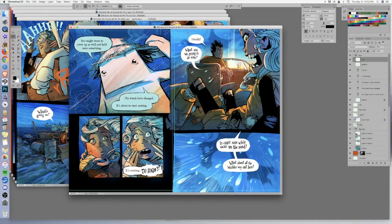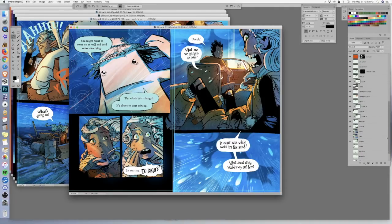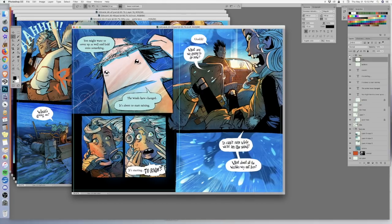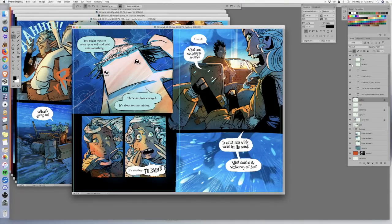Now, what you'll notice with all these spreads is they are all in RGB color, and they are all with lots and lots of layers, and that cannot go to the printer like that. So the first thing I do is I go into the text, which is always on a separate layer. I have my text in a folder and my word balloons. And in this case, what I'm going to do is take these word balloons and pull them out of the text folder, because